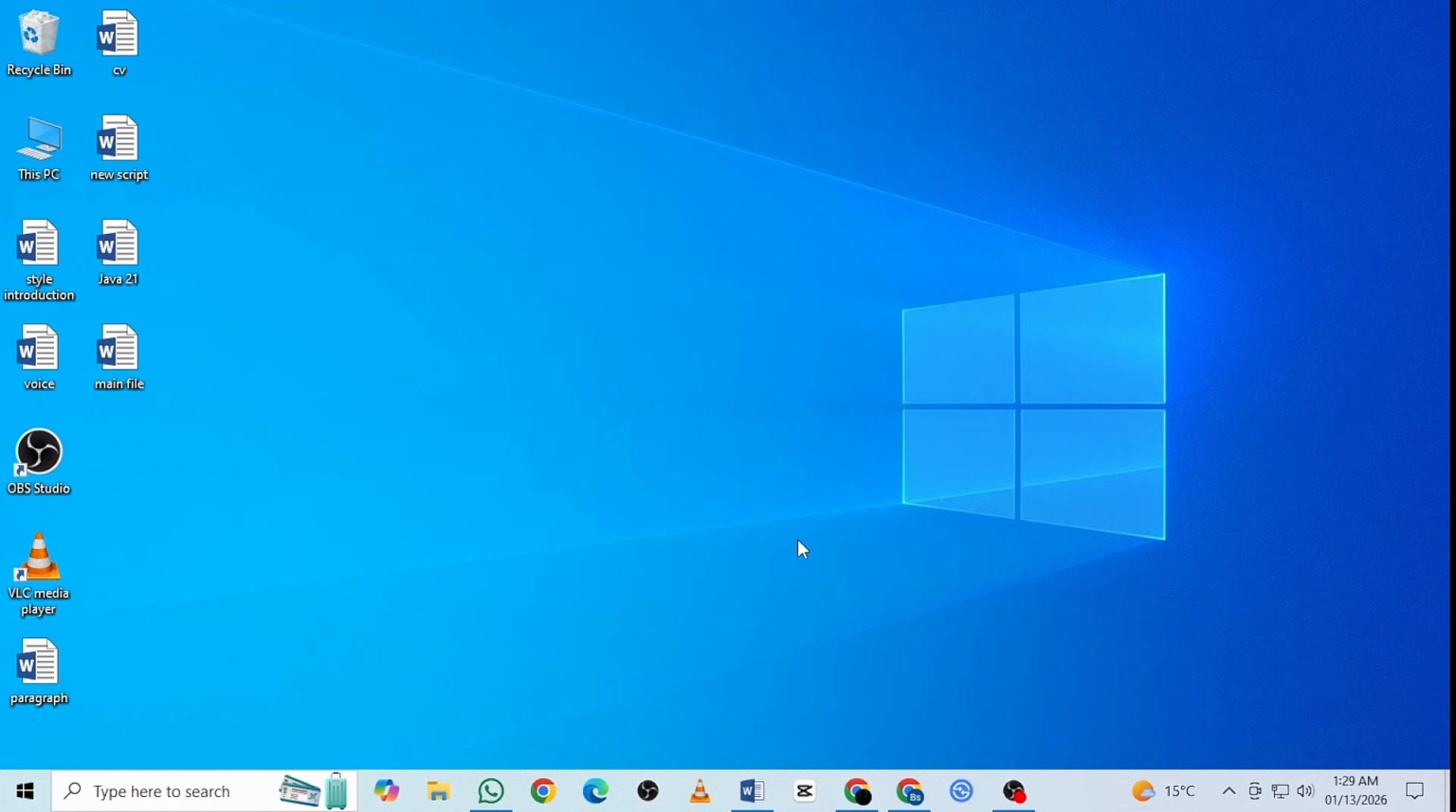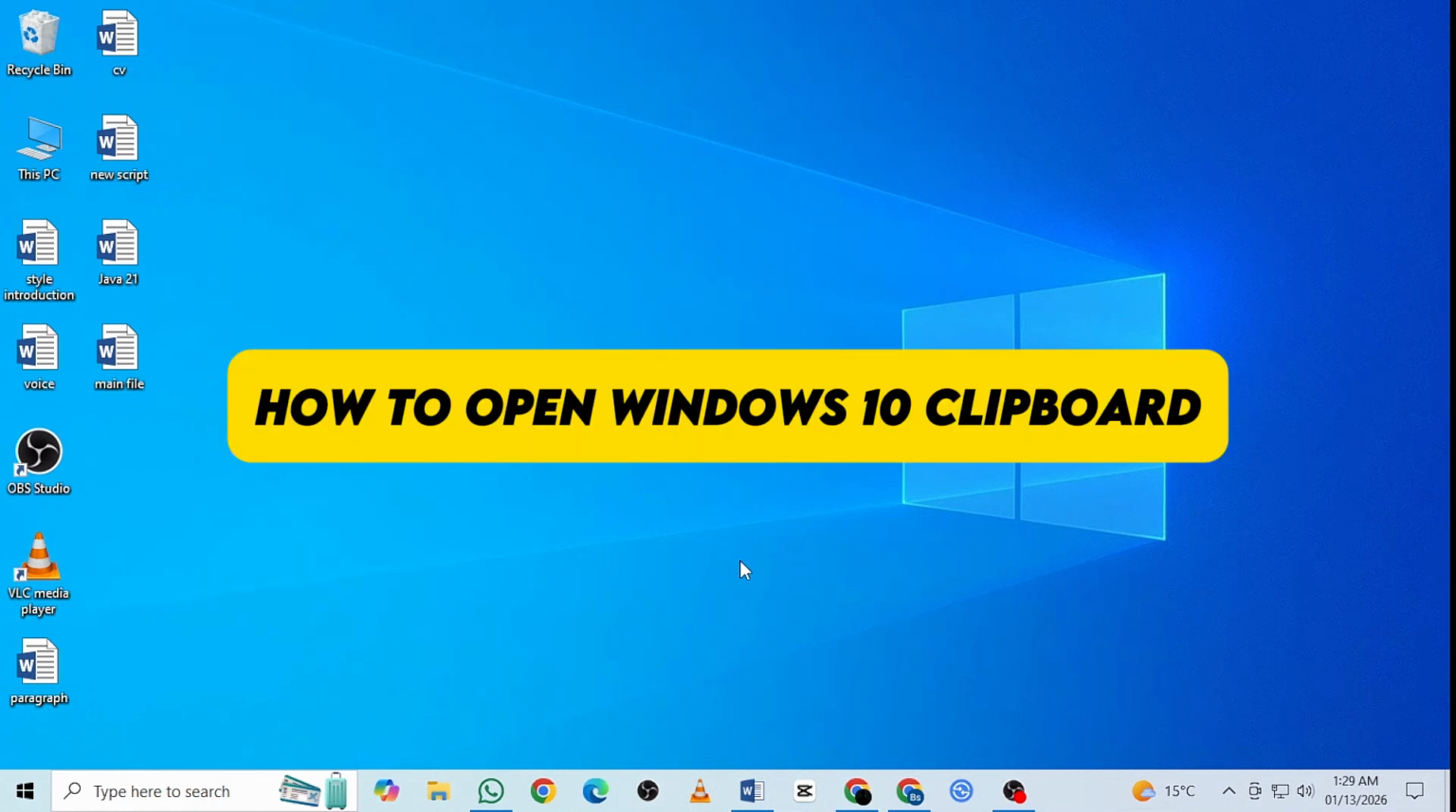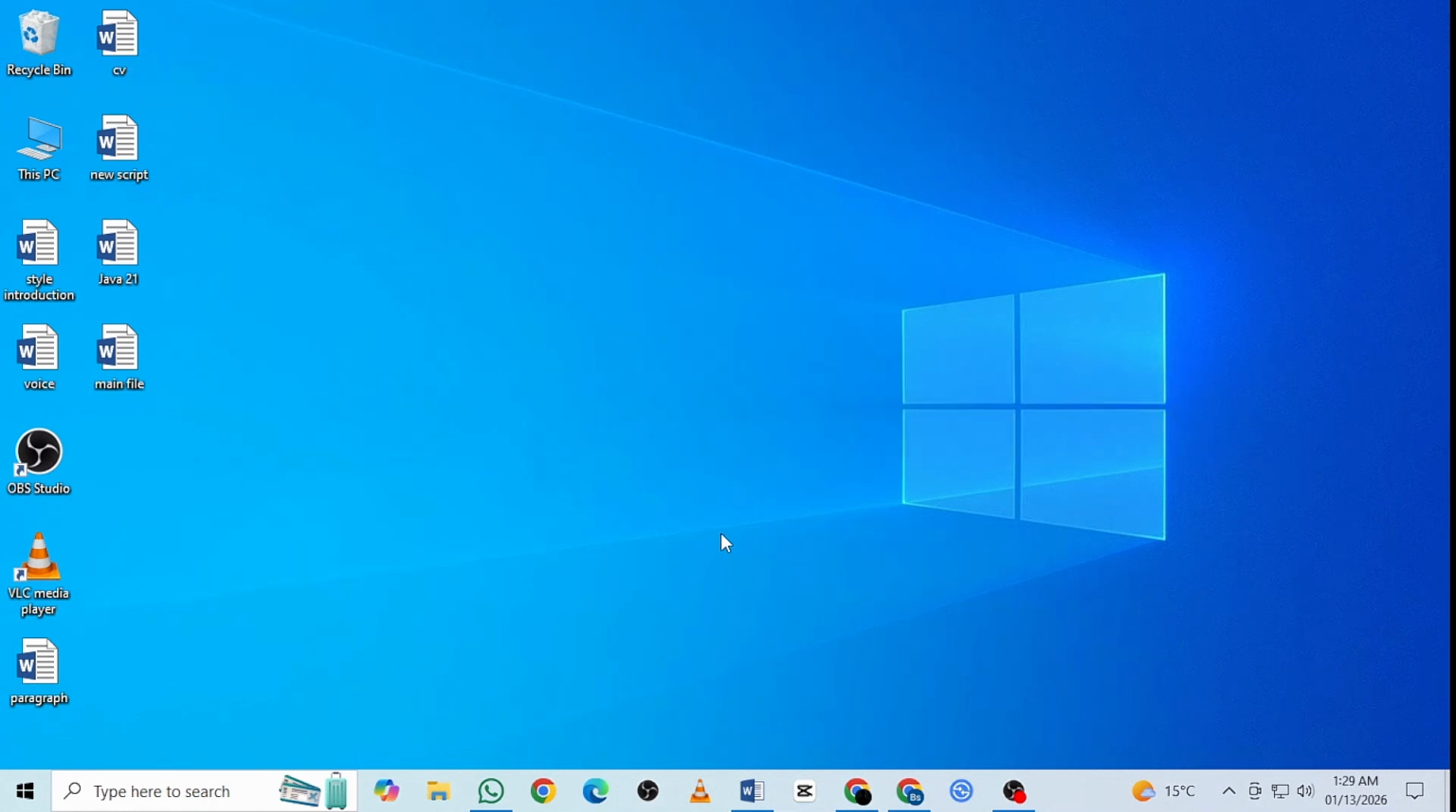In this quick tutorial, I'll show you how to open and use the Windows 10 Clipboard to access everything you've copied. The Windows 10 Clipboard stores text and images you copy. By default, it only remembers the last item, but with Clipboard history turned on, you can view and reuse multiple